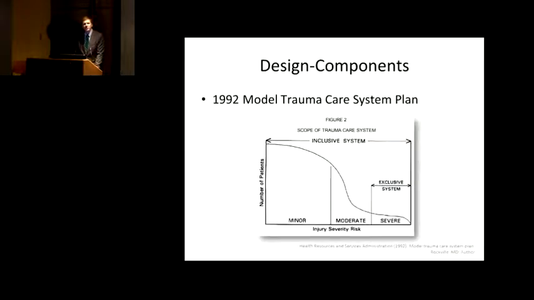We're going to move forward into the design system components of trauma care. In 1990, the federal government released the Trauma Systems Planning and Development Act. Under this, there was a contingent of the plan to develop a system for individual states, and this was an impetus by Reagan in 1986 for a statewide trauma plan. They found that the federal government had been ineffective at impacting trauma care, and they turned the impetus over to the individual states. In 1987, the ACS established a trauma center verification program, and this is the first